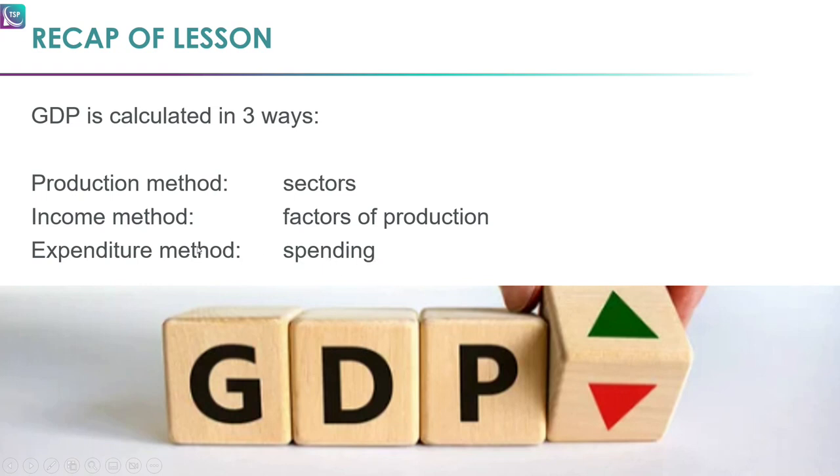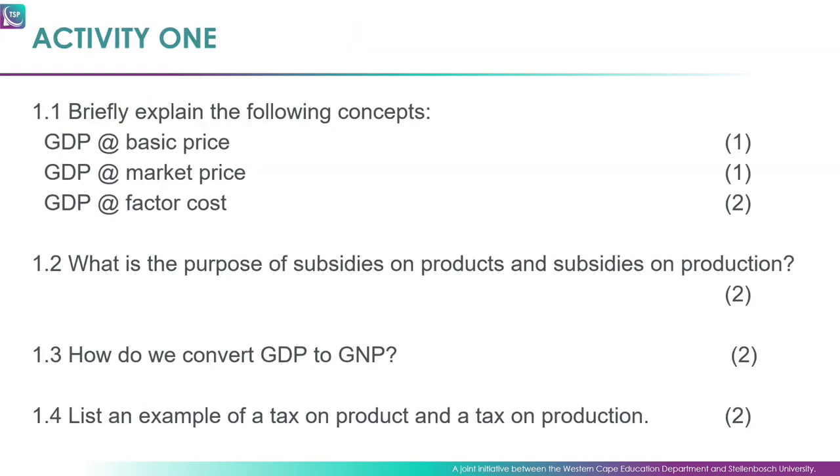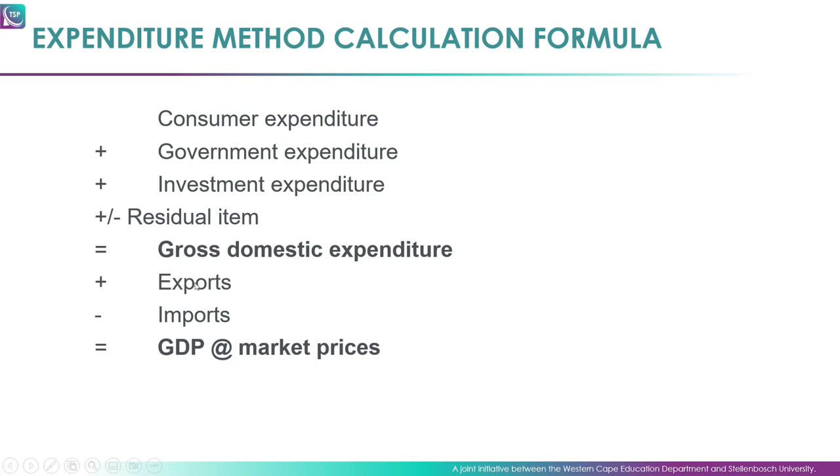And that is the same as the method that you were taught to calculate GDP in grade 10, which said C plus G plus I plus X minus M. The only difference now is that you have another item, which is your residual item. Now, just to hone in on that residual item once again, because this is something that is very tricky and where learners do slip up. So you've got your C plus G plus I plus X minus M, but this